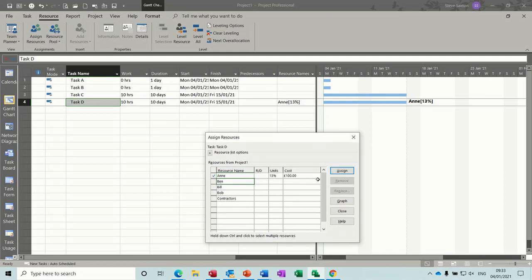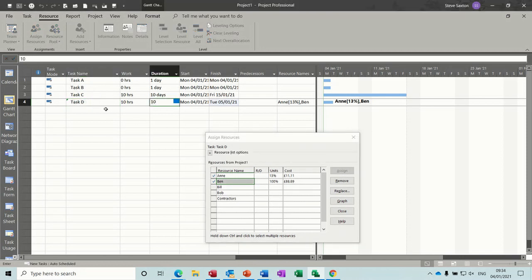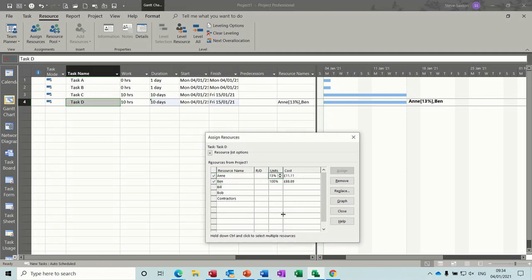But if I assign Ben, what's going to happen? The effort-driven tick is going to change the durations down. Now, if I put that back to 10 days, it splits this up like this. So this then starts not making any sense. So what you have to do is maybe just change this around a little bit. So if you wanted to, if I put 50% there and 50% there,